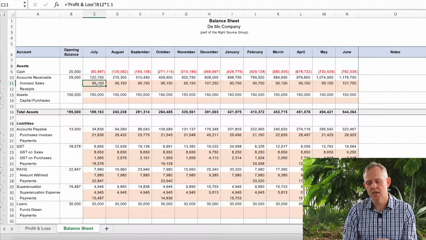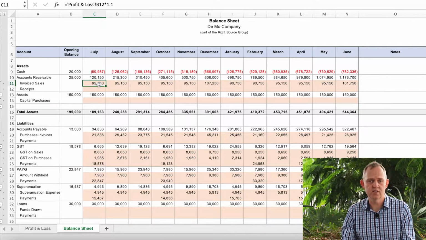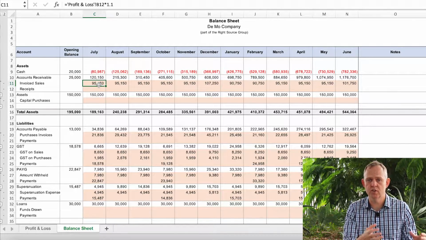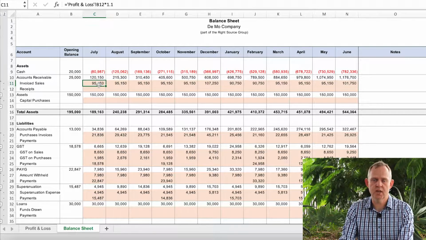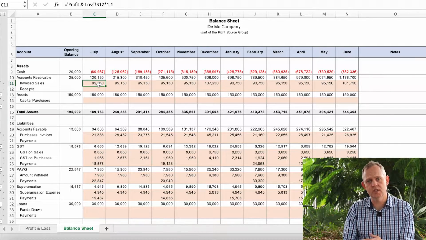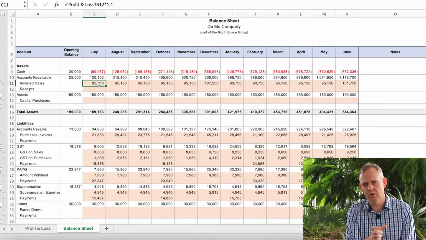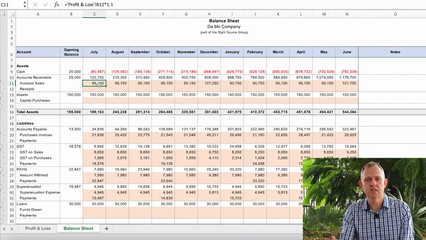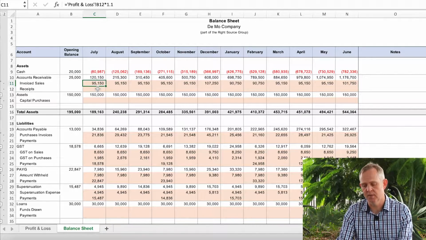So the invoice line basically reflects your sales that you're making, which comes out of your profit and loss. So you've got that in your profit and loss, what sales you're making. What you need to include in your accounts receivable is, when you send someone an invoice, you also include GST. So that's where the formula you can see in that line is your profit and loss, is your sales amount, but it adds 10% GST onto it, because that's what you'll need to collect from the customer.